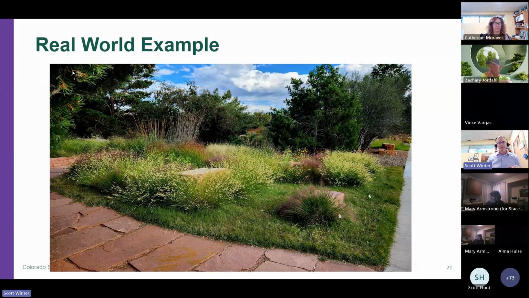So if you mow that mix too late in the year, you might thin it out over time. But that mowing really does help you meet those firewise objectives. You just got to think about the timing of the mowing. With a landscape like this, it's going to be a little bit more challenging if you're within that 30-foot window